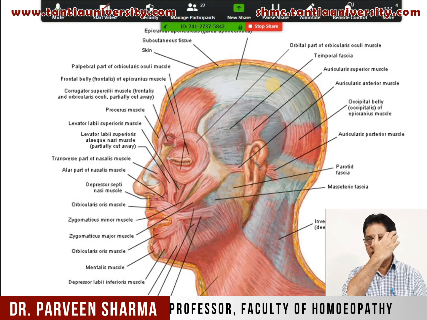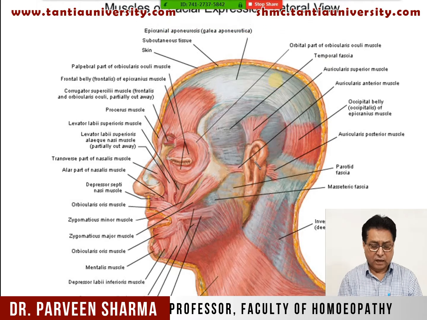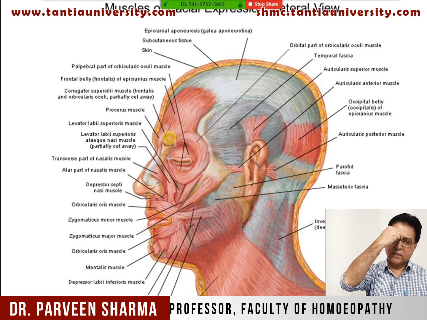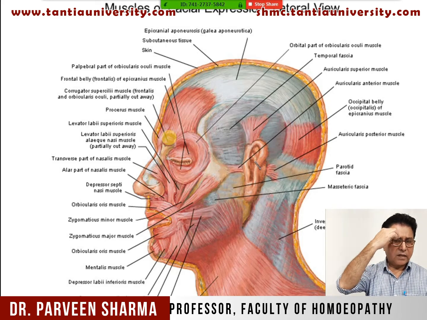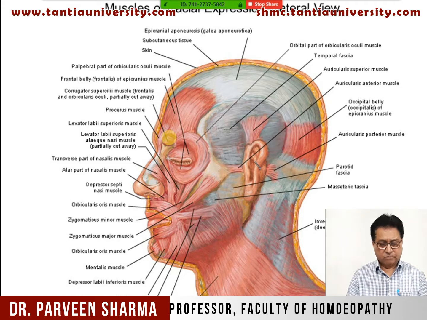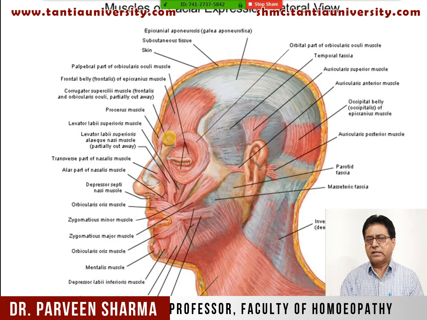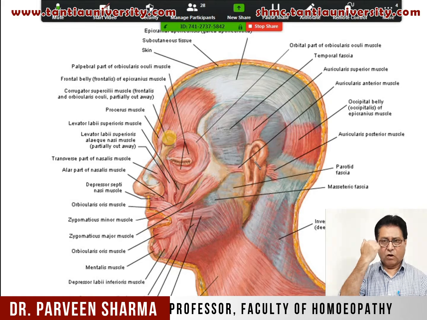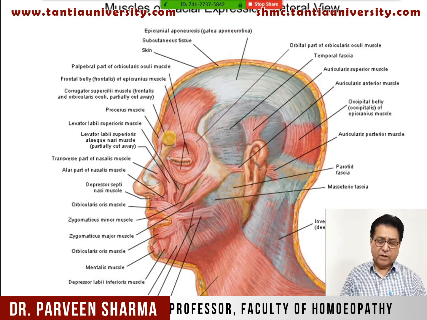About the eye you have corrugator supercilii. These are the muscles present over here. These muscles take origin from the medial side of this bone, and they are inserted into the skin. Origin and insertion I am not going to explain in detail, because for examination as well as clinical point these are not that important. I'll tell you the common feature. Basically these muscles are dilators and sphincters of the orifices or openings. So around the eye you have corrugator supercilii, orbicularis oculi and levator palpebrae superioris.